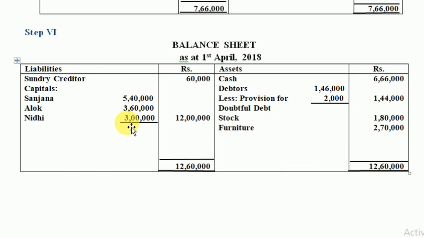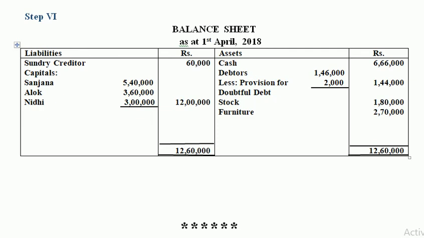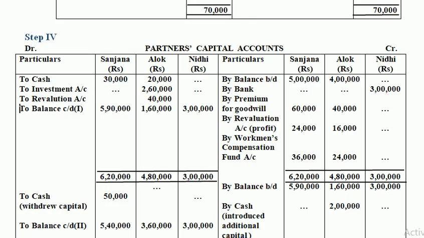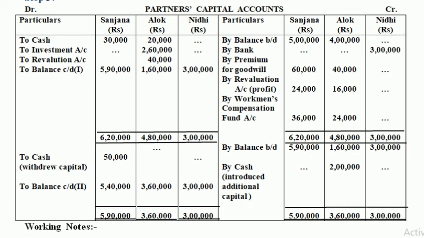The capital adjustment, the new capital, should be shown here, and this is finally your balance sheet which matches since all things have gone correct. So children, I hope you have understood. This is the first method of capital adjustment, and what was new is the capital adjustment among the new partners, which is reflected in the extended area after doing the necessary calculation. Till here, this is the normal capital account which ends here, and for the capital adjustment, after doing that working, you must show the new capital here, and this is what is reflected in your balance sheet.